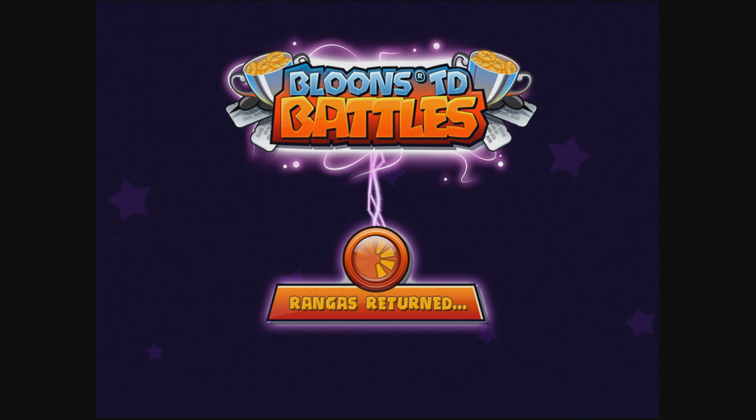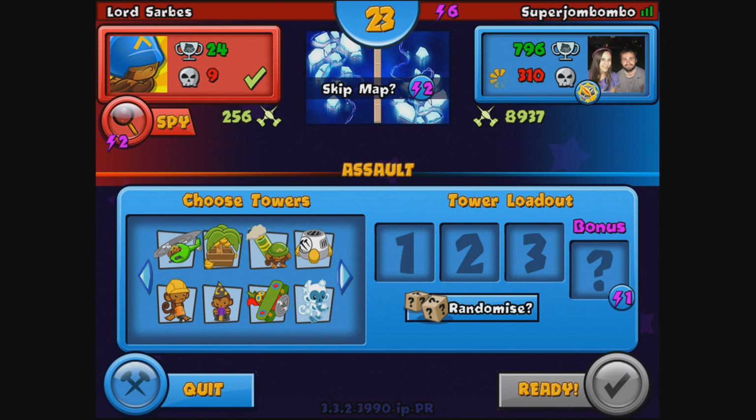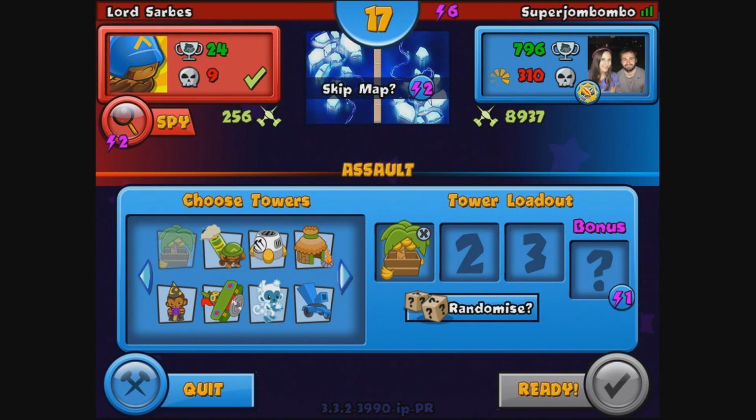So this game, we're going to try and go for more of a strategic rush type of defense. That's what we're going to try and do. So we got Lord Cyrus. This is probably the worst map for us, but we can make it work for us. I'll still get my banana farm. I'll get the wizard. And then...